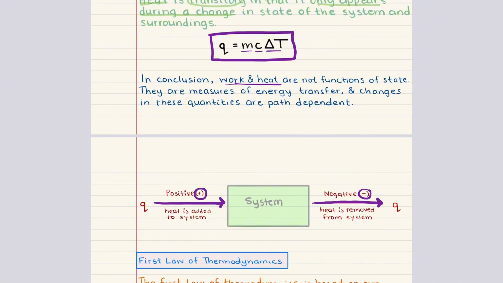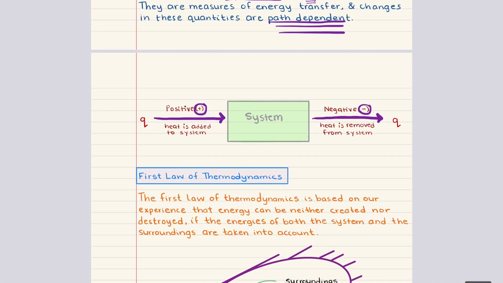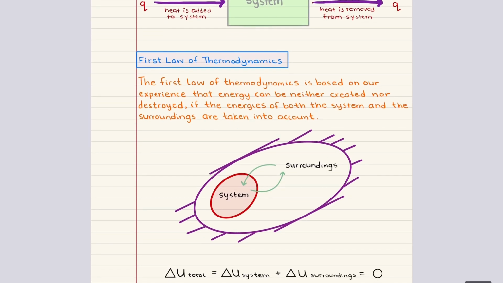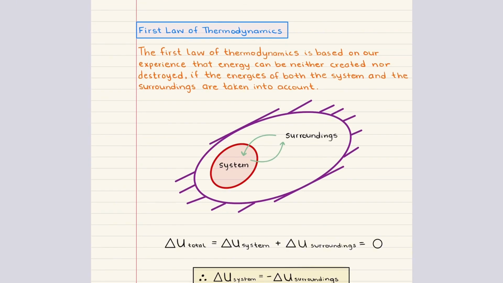They do not describe the state of the system, but rather the transfer of energy between system and surroundings. Because of this, changes in heat and work are path dependent. That means the exact amount of heat or work transferred depends on how the process is carried out and not just on the initial and final states. With that, we've successfully concluded Objective 1, and we can now move into Objective 2, where we're going to discuss